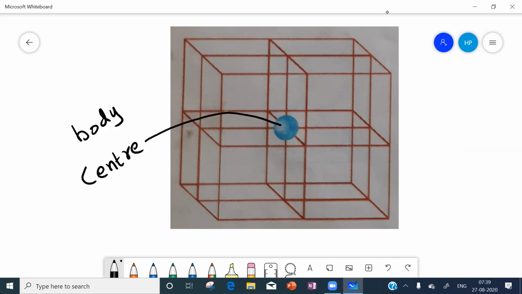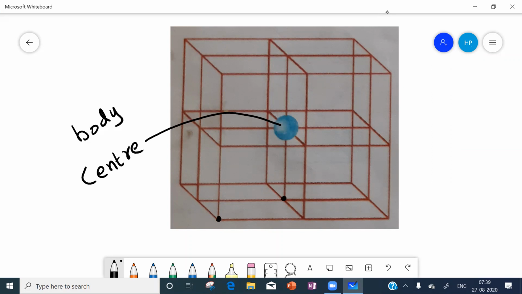Now, do you call this body center by any special name if you consider this as an FCC unit cell? If you consider this complete as one FCC unit cell, then for this body center, do you call it by any special name, or do you just say it is the body center? In this FCC unit cell, this point is called a corner, the first corner. This is called a face center.